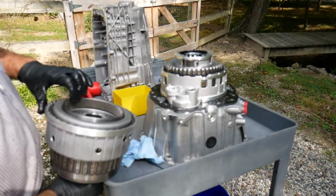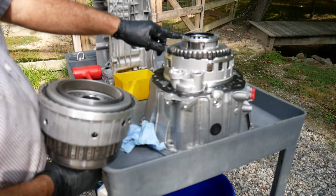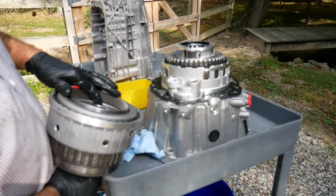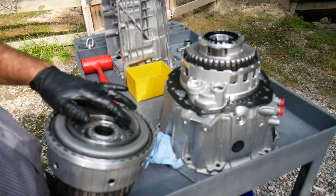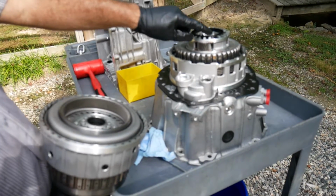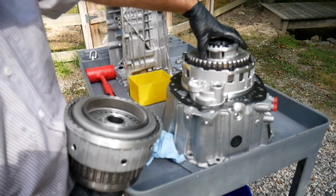Okay, here we see the P1 internal gear. Here we see the P1 planetary. The P1 planetary is actually going to spline there to the P2 internal gear. Now, this is hidden down in this housing. I'm going to have to line these teeth up correctly, and it will be obvious as this comes down into